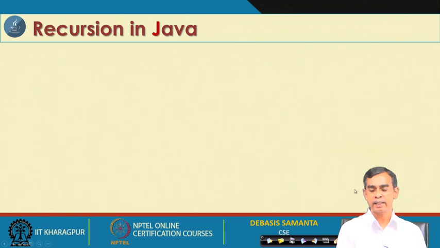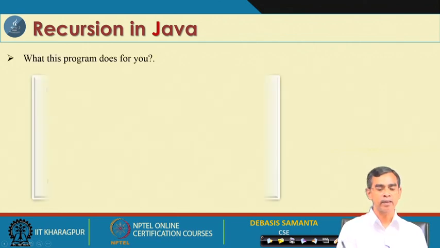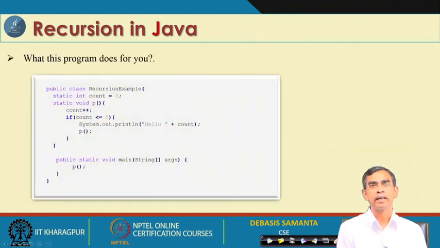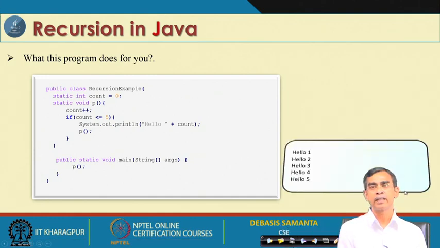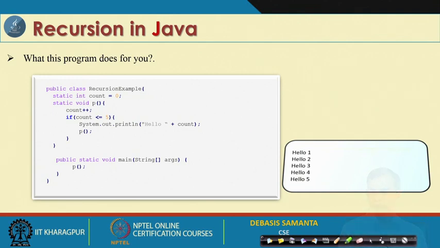Now, let us consider another simple program. Can you guess it? Although it will take some time, maybe 30 seconds you can think about it. What will this code give as result? If you think it through, then you can understand that recursion is a little bit understandable to you. Anyway, if you run this program on your own machine, you will see that it will give this kind of output. Can you explain why this output for this program?